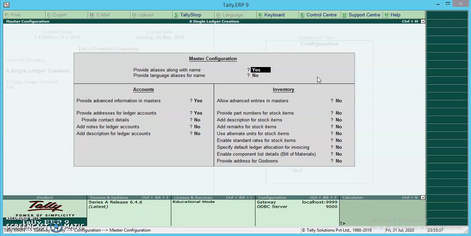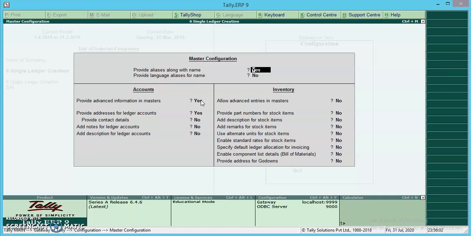The fields pertaining to both accounting and inventory info can be configured from this menu screen. From here, in the master configuration, the changes can be done. Additional information can be configured by setting the options to yes, which will accordingly appear in the masters.